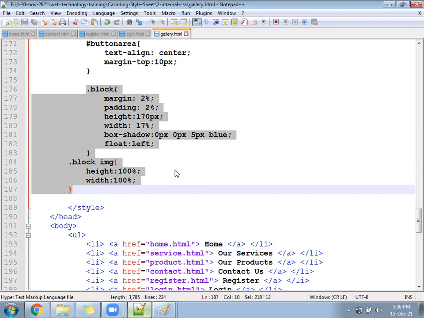Then we'll come to the HTML part. Yeah, hope it looks similar.